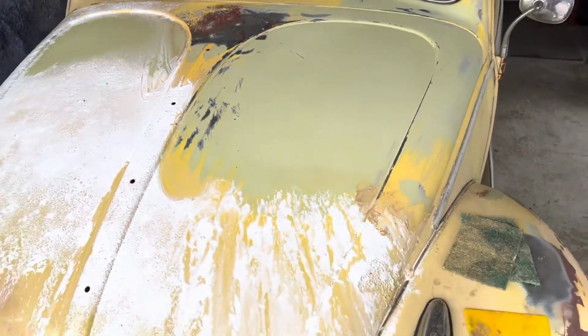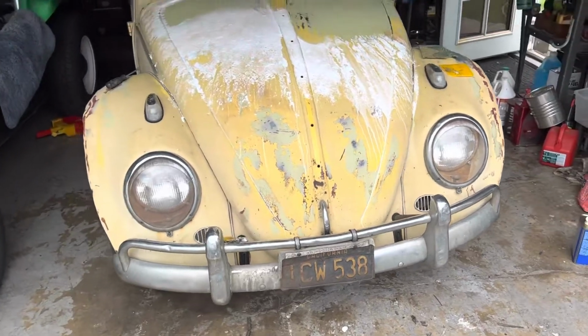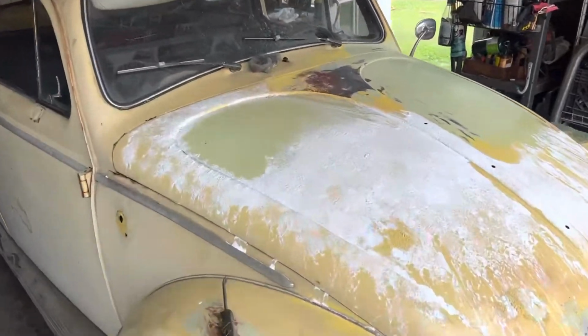town. I don't want to get too much done because I still got to take this to the AAA tomorrow and get the registration done, and I'm trying to retain those California plates, so I don't want to make it look too nice. Okay, so here, all this was just straight